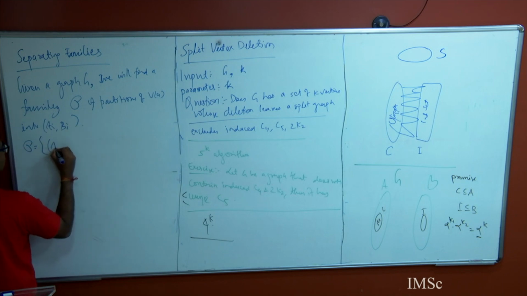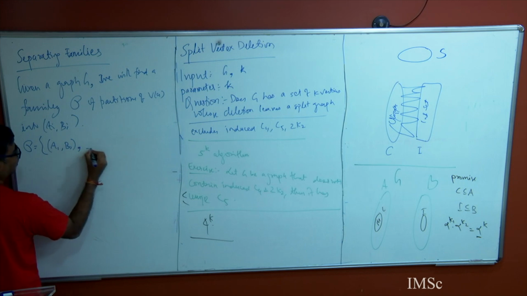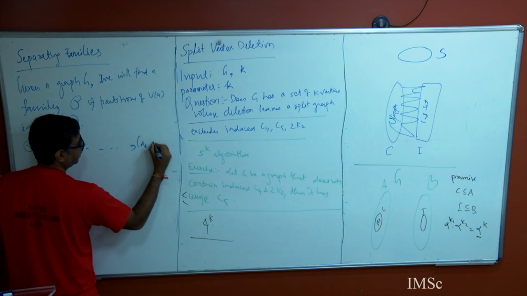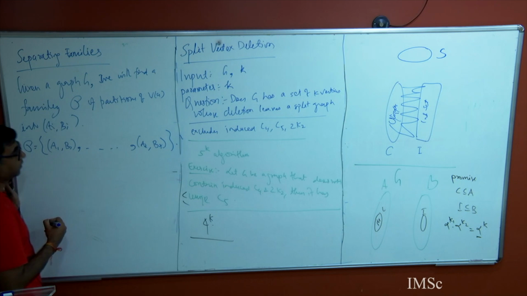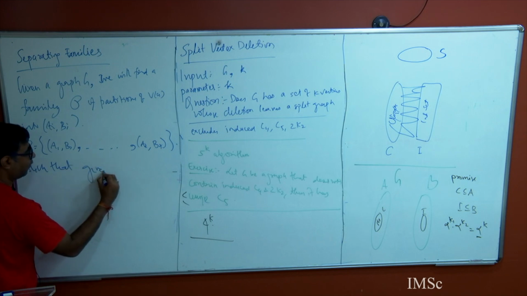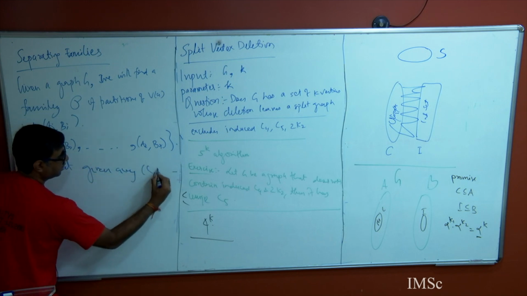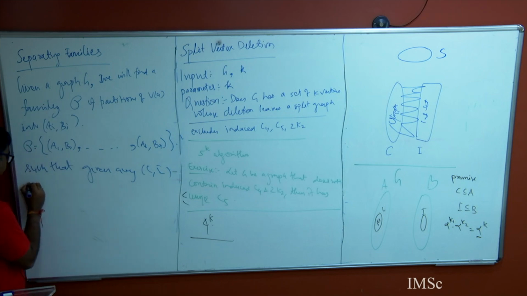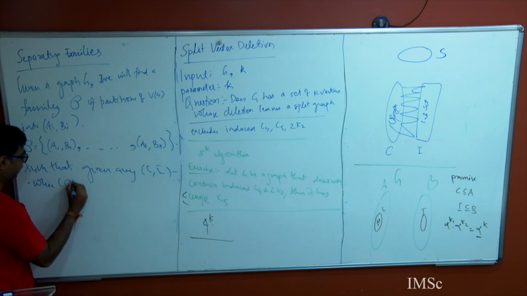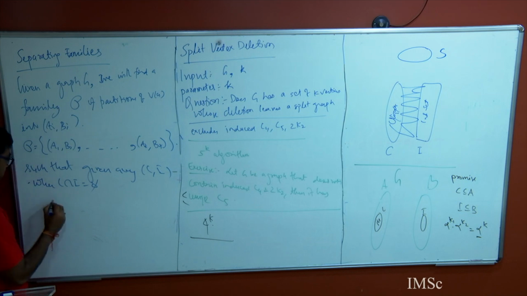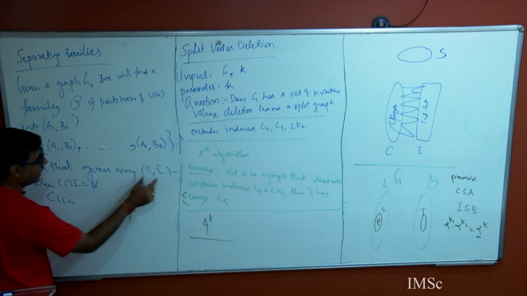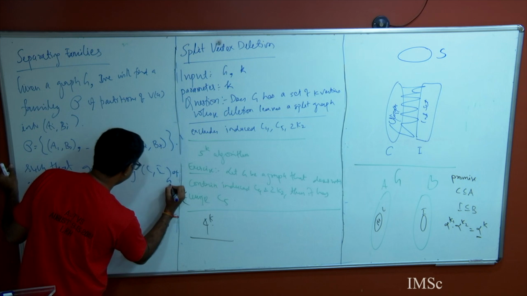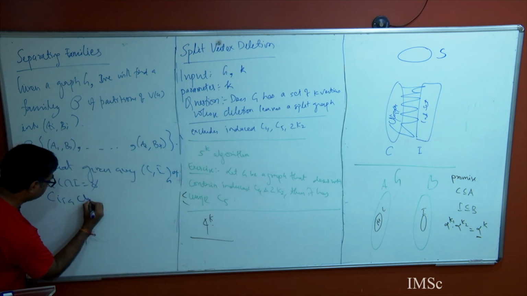It is basically some (A1, B1) through (AT, BT), into Ai, Bi, such that given any pair (C, I) of G, where C intersection I is the empty set, C is a clique, and I is an independent set,